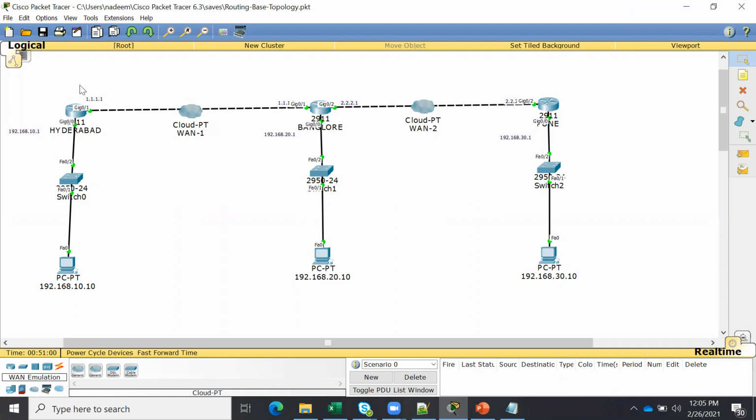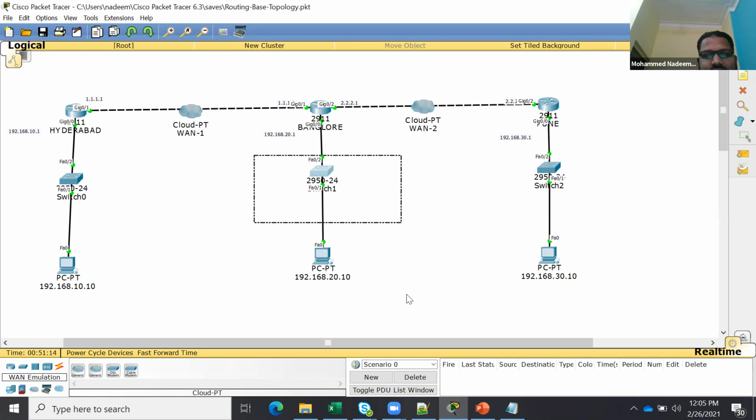To the Hyderabad router, how many networks are directly connected? 2 networks. Perfect. How many networks are not directly connected to the Hyderabad router? Obviously you will say 3 networks: this network, this network, and this network. If the Hyderabad LAN wants to talk to the Pune LAN, the Hyderabad router should have this entry, this entry, and this entry. That is where routing comes into the picture. You need to define the networks that are not directly connected.